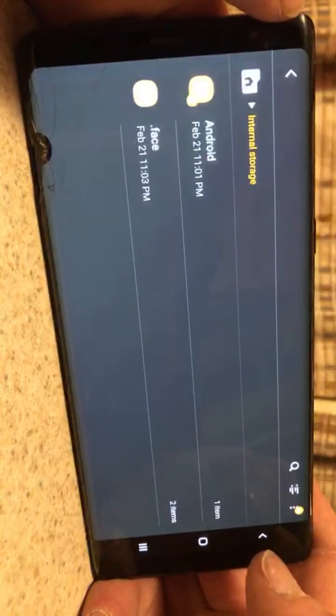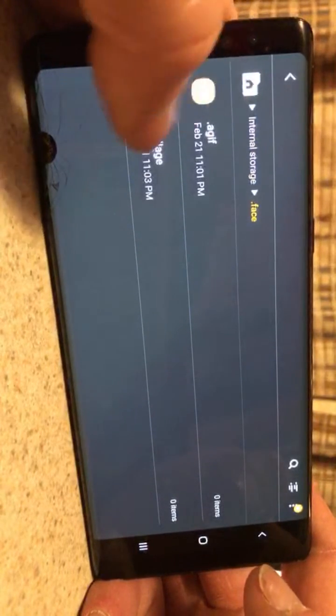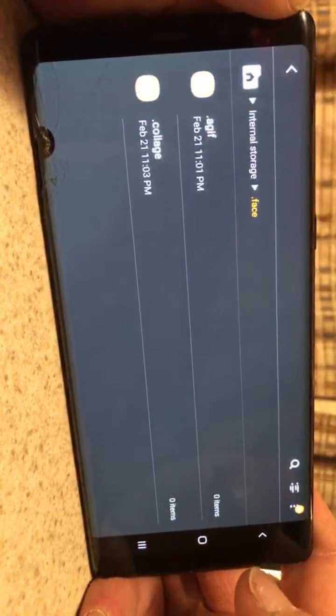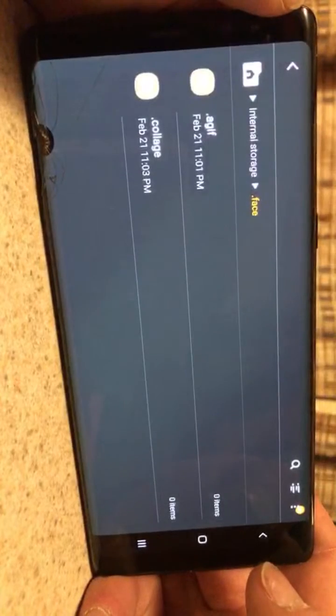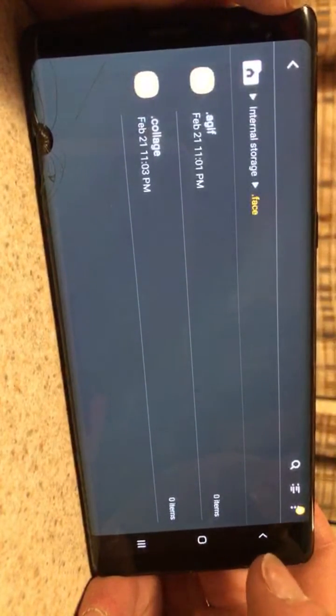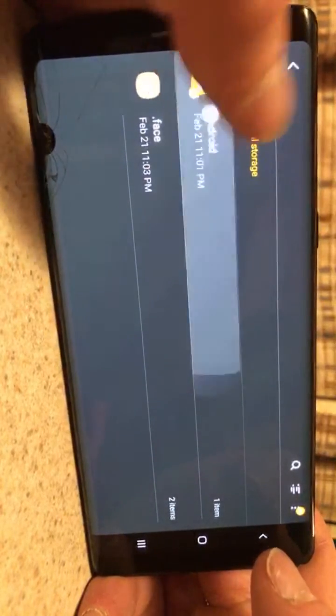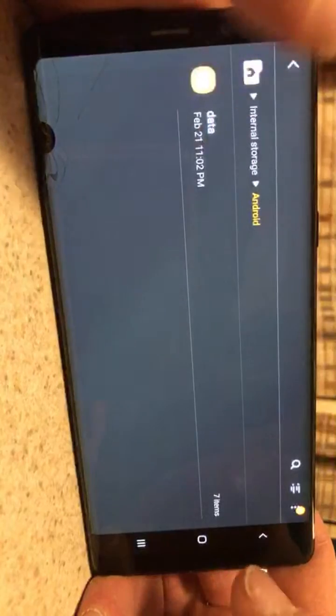All right, so anyway, that's what's going on. The dot face got 2 items in here now. So they've used both of those. It creates what it needs. It doesn't just create random stuff for no reason. It didn't create these with 0 things in them for no reason. It created them because they used them. All right, and whatever they use, it's going to create them. That's why all these popped up.